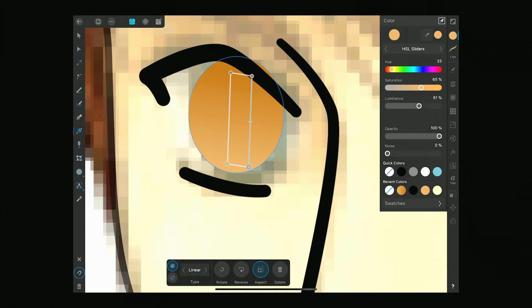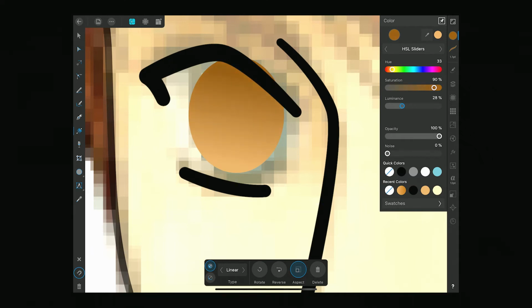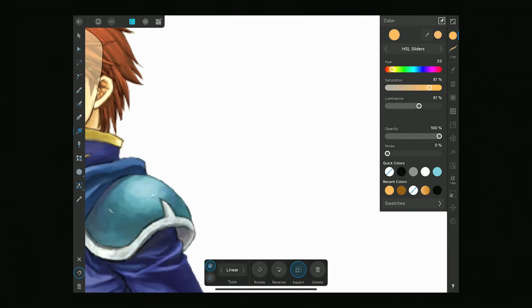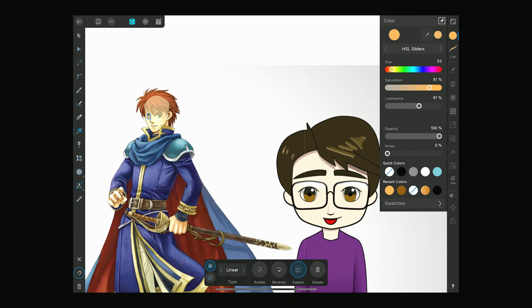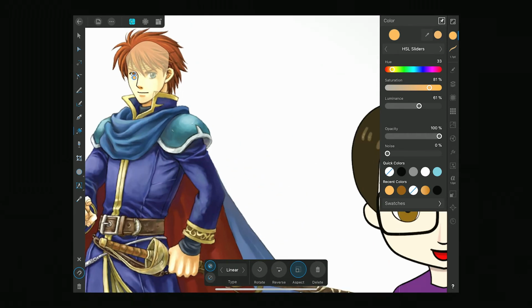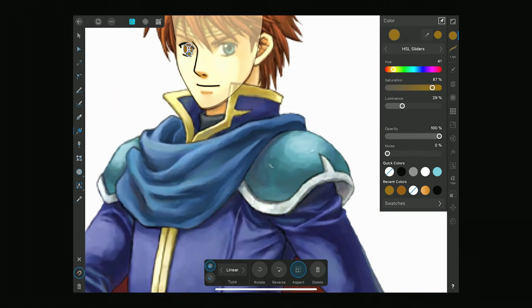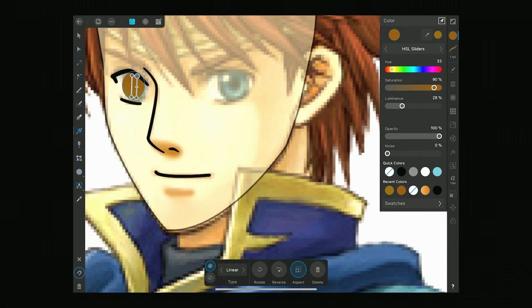Okay, now let's actually make this darker. Make it closer to my eyeball from my avatar. And heck, I can even look at my eyeballs from my avatar. You know what? Better plan. Yoink. Okay. And